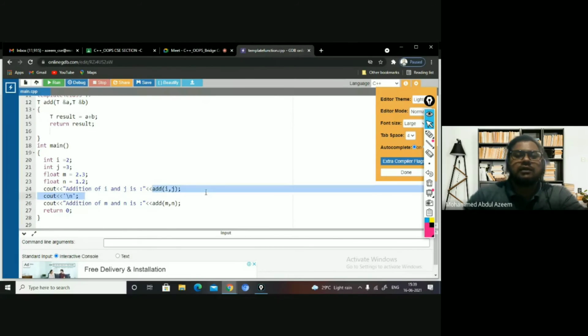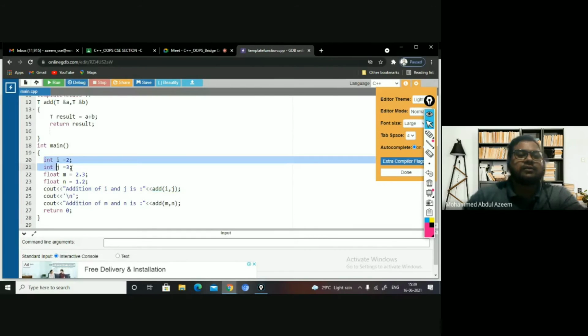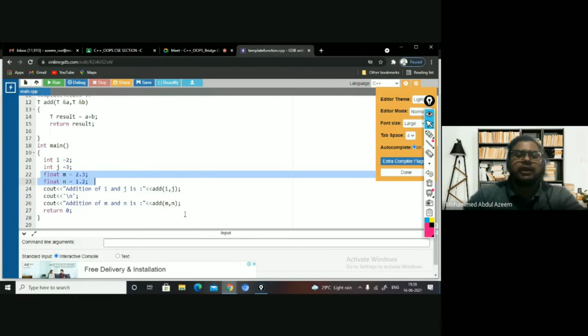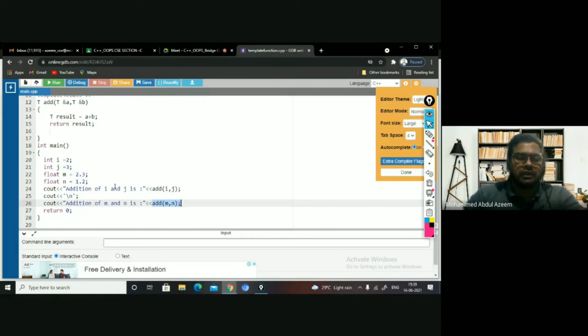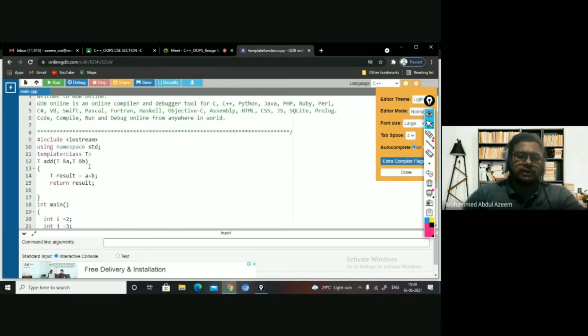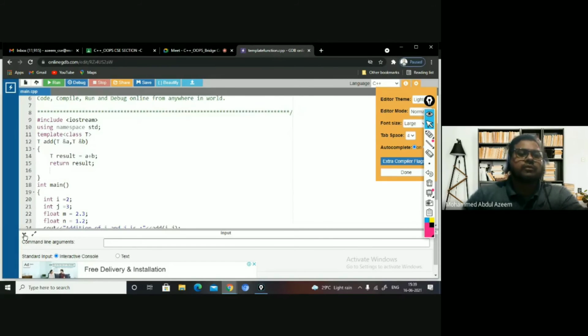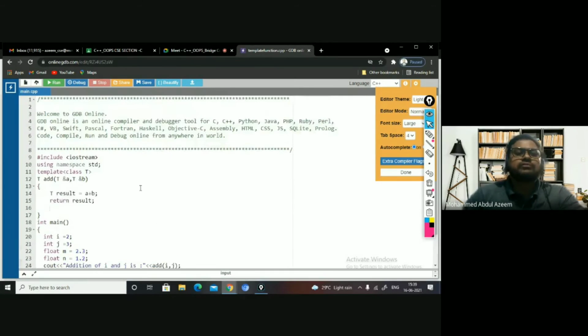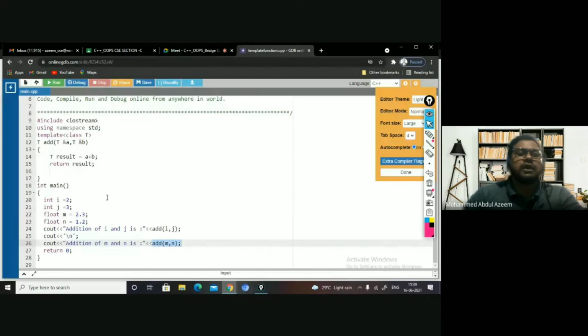This add of i comma j is implementing it for integer kind, and I have taken two float variables m and n so that I can even implement it for float. I can even implement it for character, long, double, as I said, for any data type, right? So the same example here it is mentioned. I'm implementing it for integer and float kind. I just execute and show you.